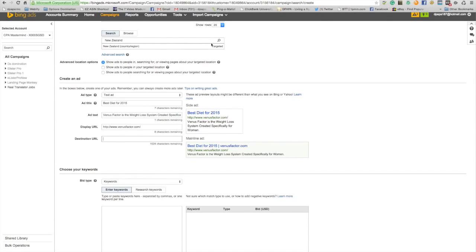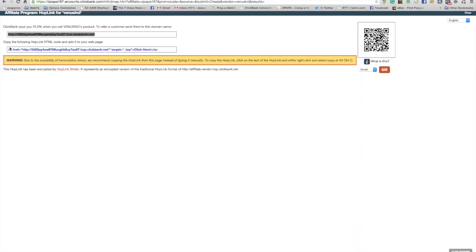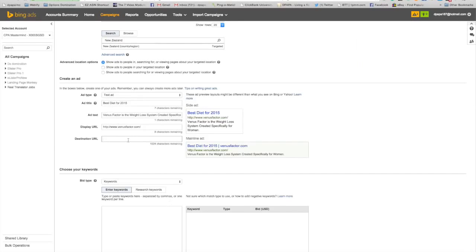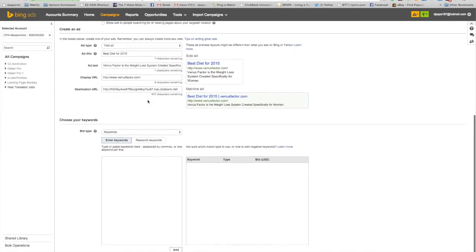For the destination URL, we're gonna add our Clickbank link that we got from Clickbank. That's what will actually pay me when people click on it. That's how I'm gonna get my commissions.